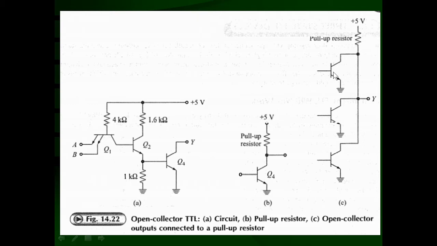Now, why is it required? You can see here a larger number of TTL gates. This is one open collector transistor, this is another open collector transistor, and this is the third open collector transistor. All collectors are connected together and connected to the lower end of the same pull-up resistance. The other end is connected to plus 5 volt, and the common terminal of all outputs is your Y output. That means the outputs of many gates can be directly connected like this. This kind of connection is known as a wired-OR or wired-AND circuit.